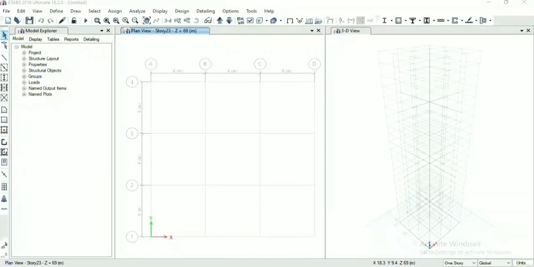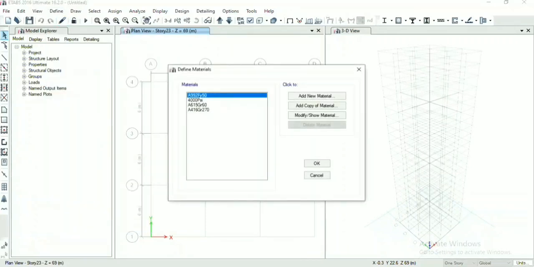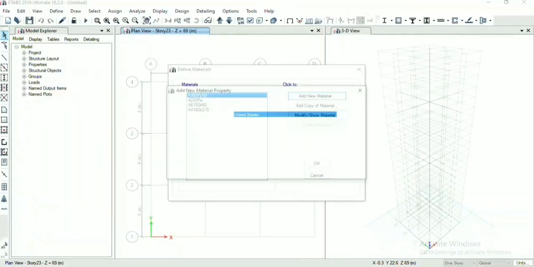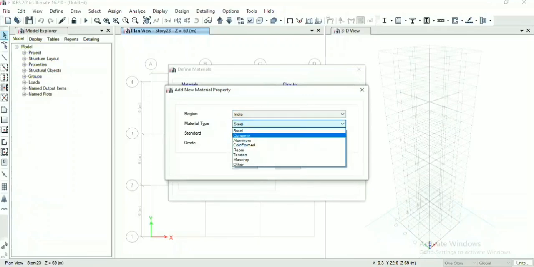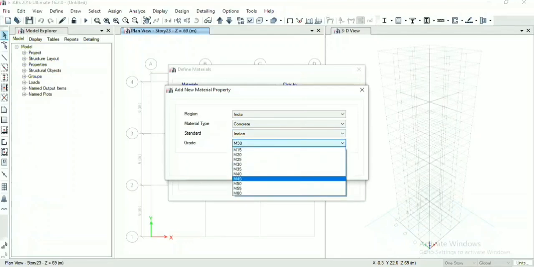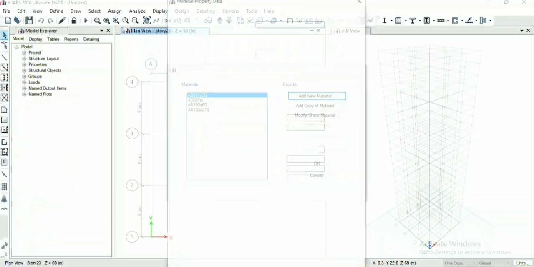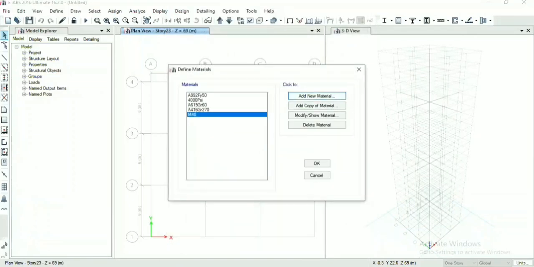Now we define material properties. For that, go to Define, Material Properties, add new material, set to Indian standard. Take concrete, Indian, grade M40. Click on OK. Add new material.